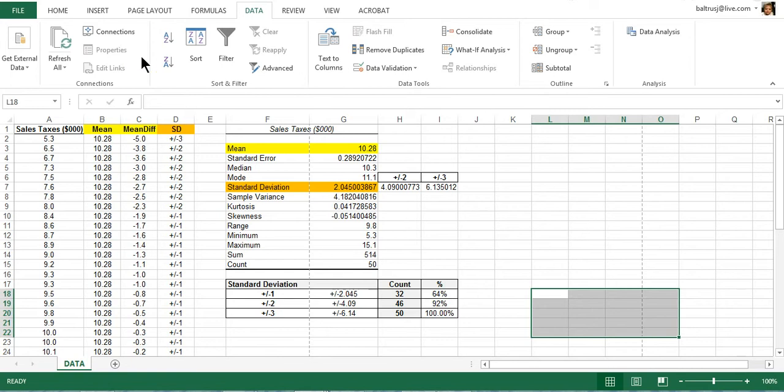Hello class, in this tutorial I just wanted to quickly show you how to count standard deviations, particularly in response to question 3.39, part B, where it's asking what percentages of these businesses have quarterly sales tax receipts within plus or minus 1, 2, or 3 standard deviations of the mean. The key point to pay attention to is the term mean,